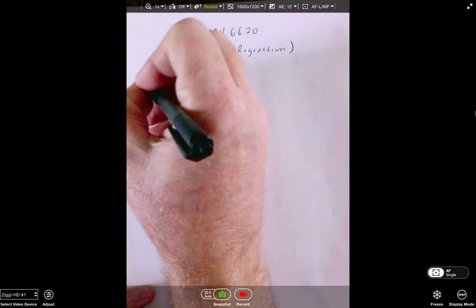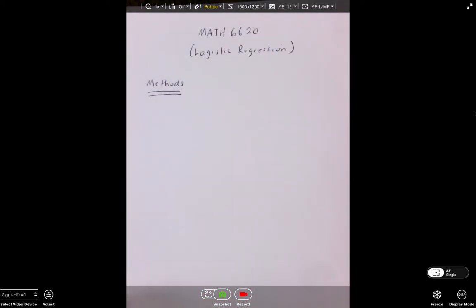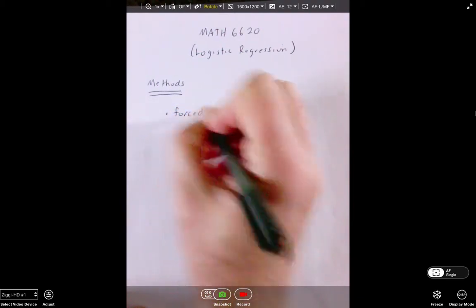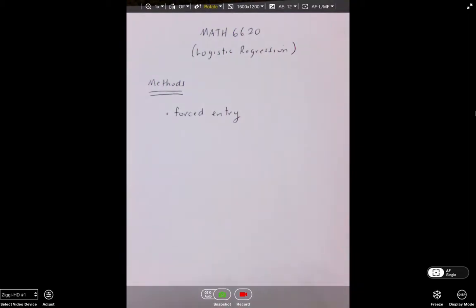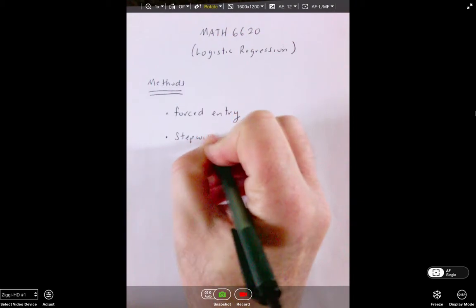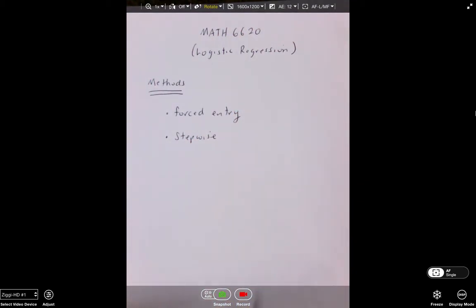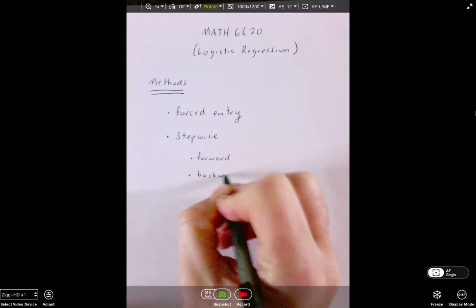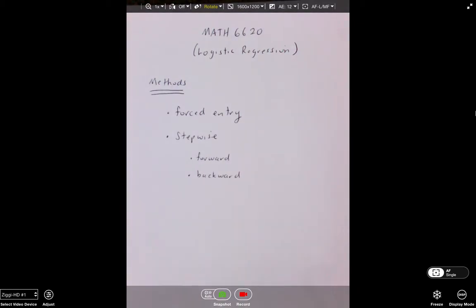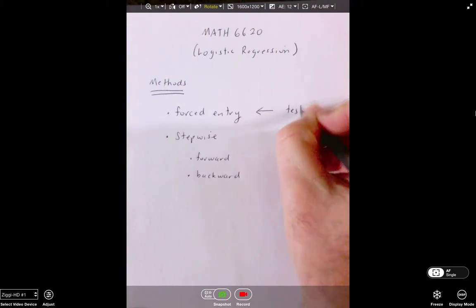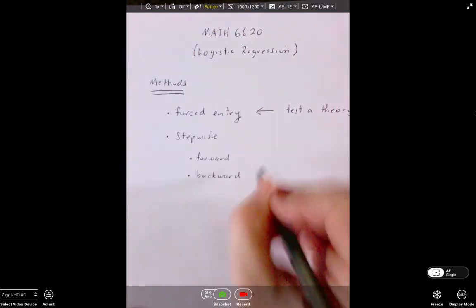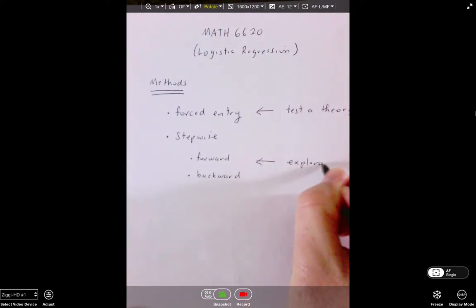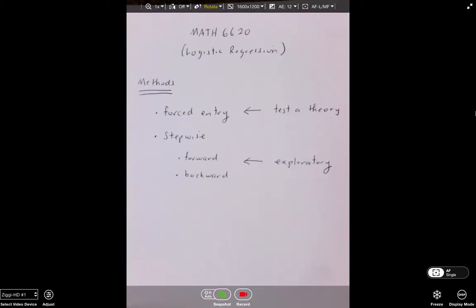So, guys, anyway, logistic regression. Just to give you an indication, there are different methods out there, just like there are for simple linear regression. One method that we'll explore is called forced entry, and another is stepwise. In terms of stepwise, we can have a forward or a backward stepwise elimination process. The forced entry is the one that I prefer the most, because this is where we get into testing a theory. If we want to get into an exploratory analysis, and we're okay with the computer doing the work,